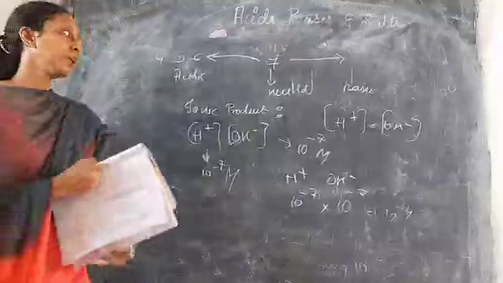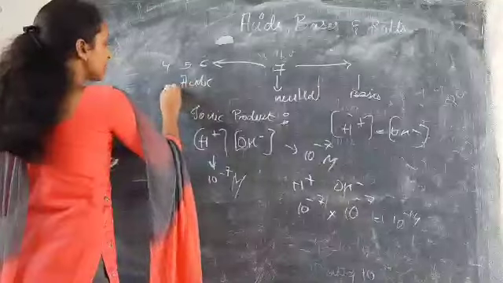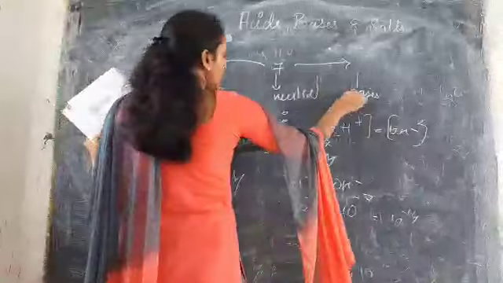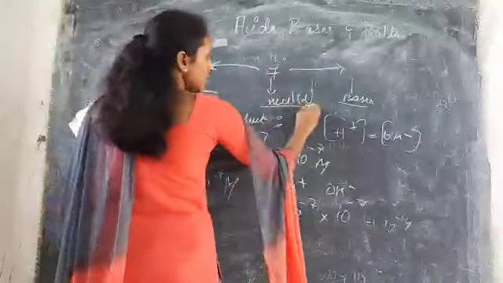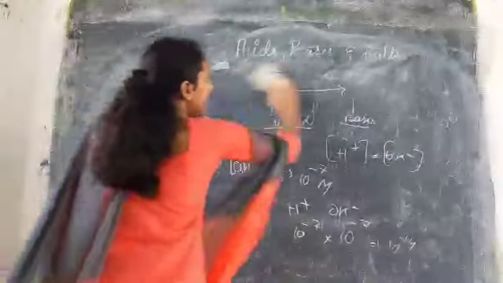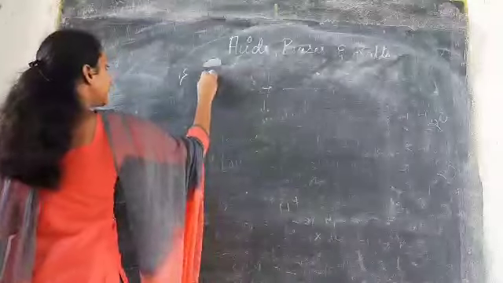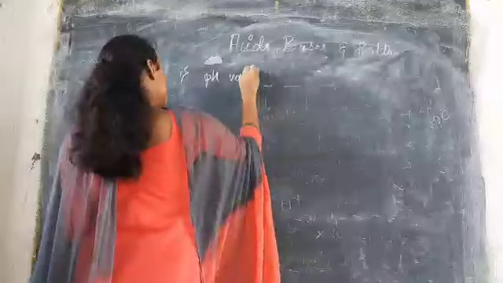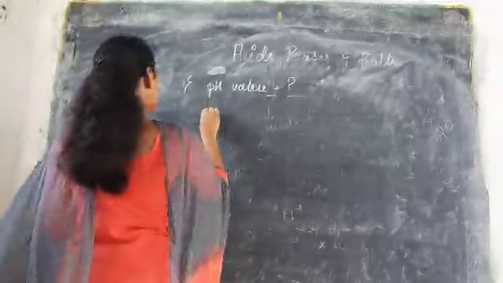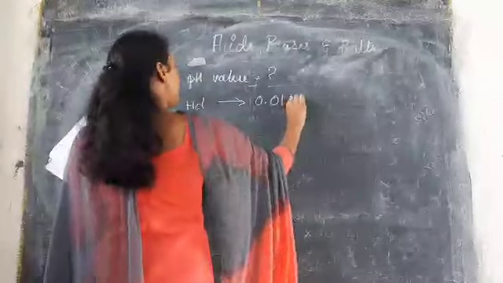So next, what are some of the pH values we can study? As we know, gastric juices and lemon juices will be acidic, and toothpaste, lime water, sodium hydroxide and others will be basic, and pure water is neutral. Now one example of how to solve for pH. The problem is: calculate the pH value of HCl of 0.01 molar.